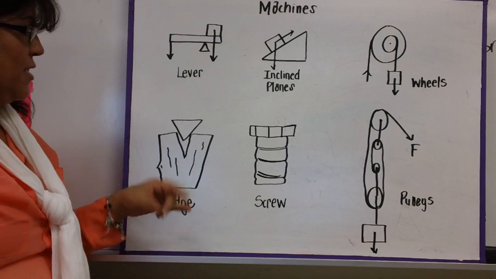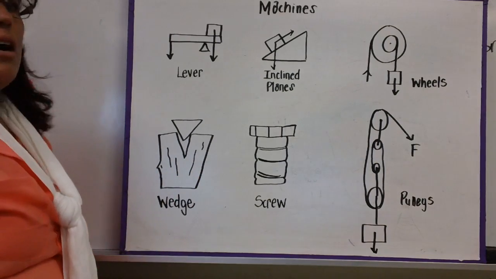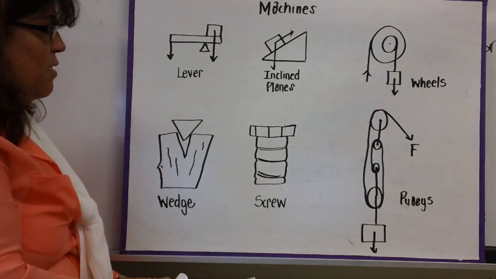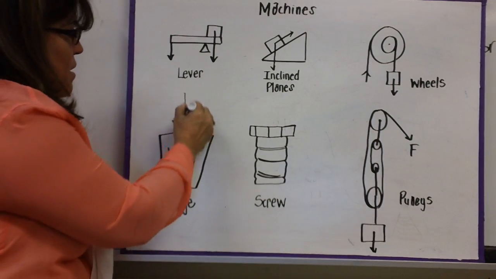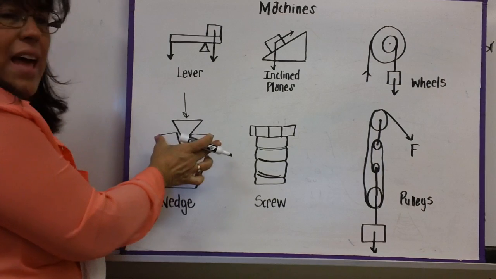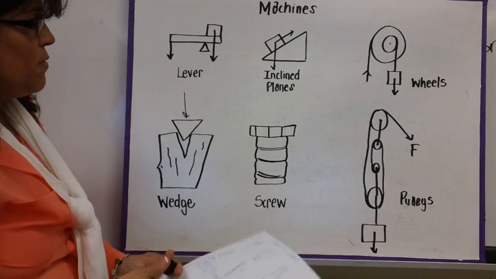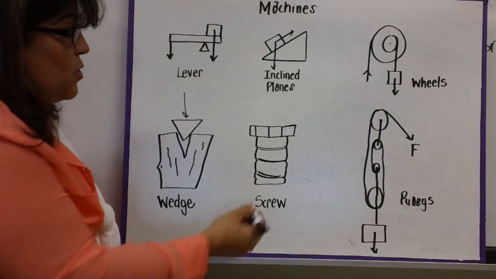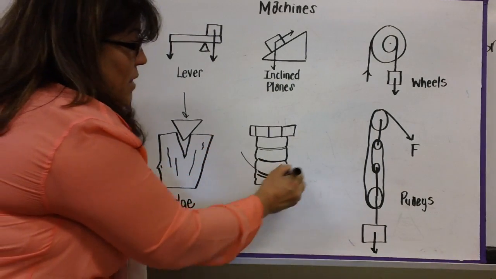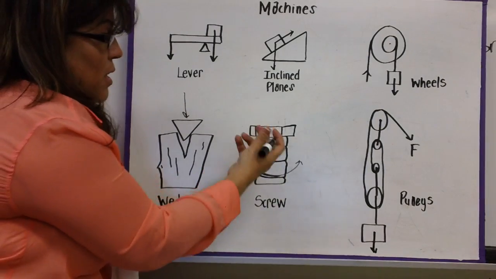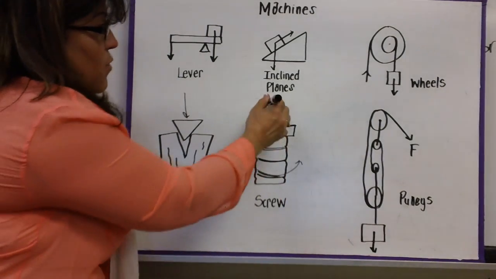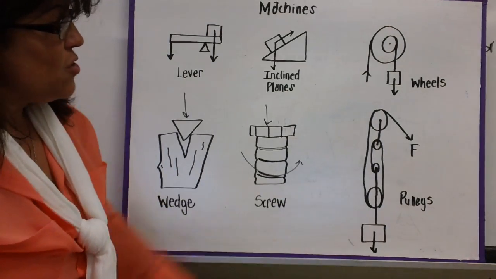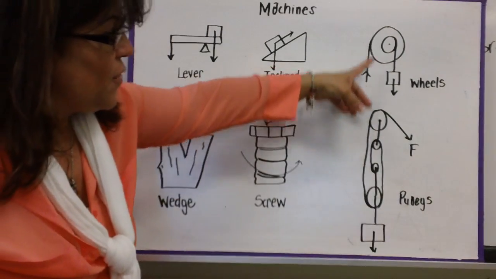Another type is a wedge. So if you can kind of picture trying to cut a piece of wood, you're going to put a little piece in there, and if I put down a force right here, I'm going to be able to split that into 2. And so that's another type of simple machine. The next one is a screw. So if I turn this around like this, I can actually do work in creating the force right here. Okay, and then the last one we have is the use of pulleys,